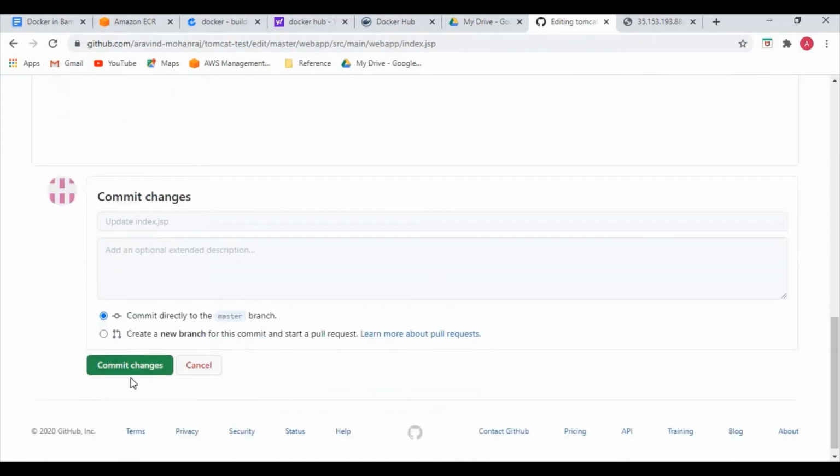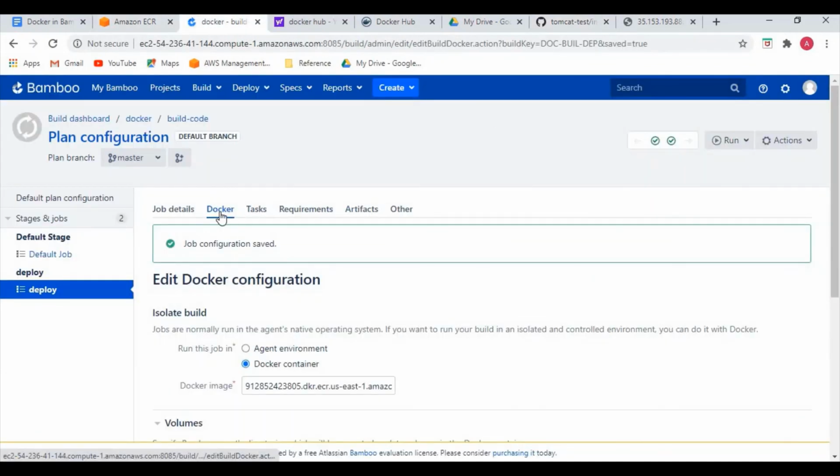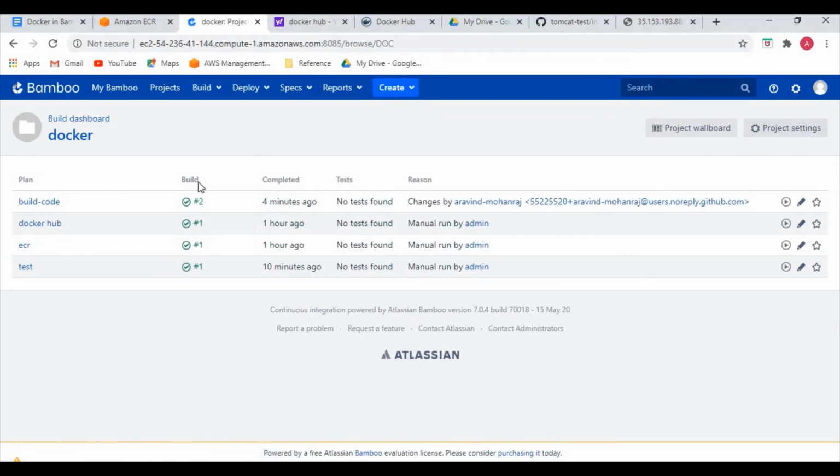Okay, and commit. So we have committed here, so it should trigger the build.